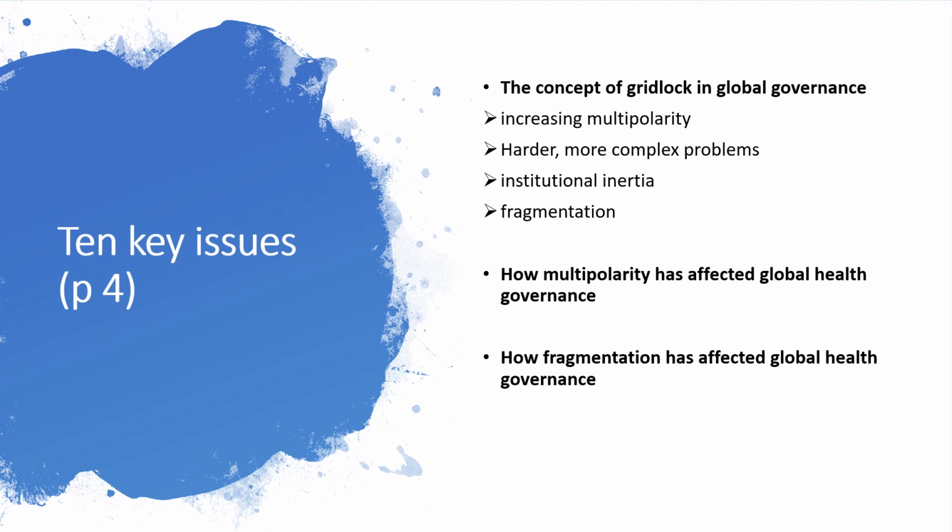Interestingly, Held, who wrote this article, suggests that two areas that have really caused gridlock in global governance have caused innovation to happen in global health governance. And he takes three issues to illustrate his points: HIV/AIDS, the Ebola crisis, and antimicrobial resistance. And he uses those examples in quite interesting ways. But for multipolarity, he talks about the great range of actors that have arisen dealing with global health problems.